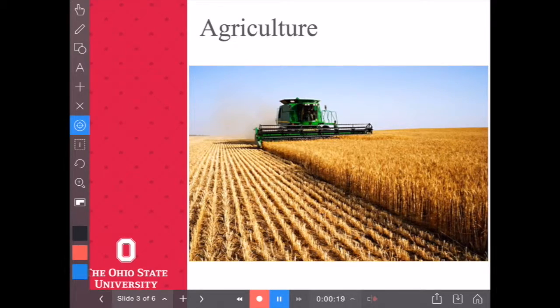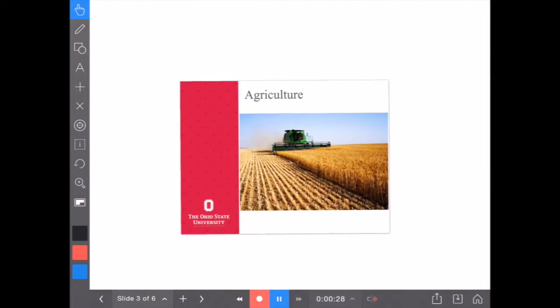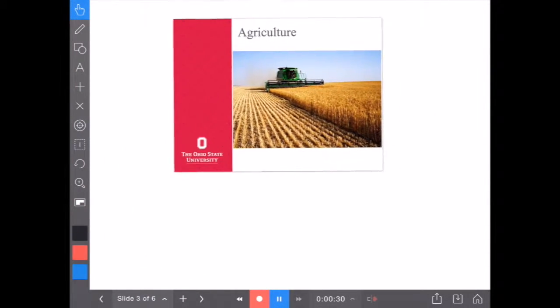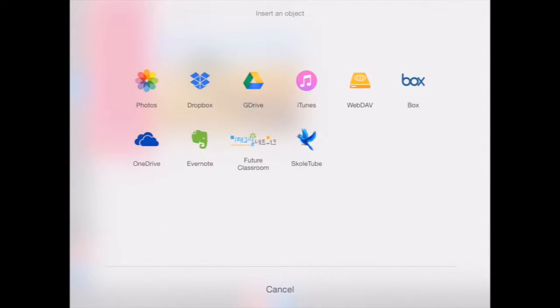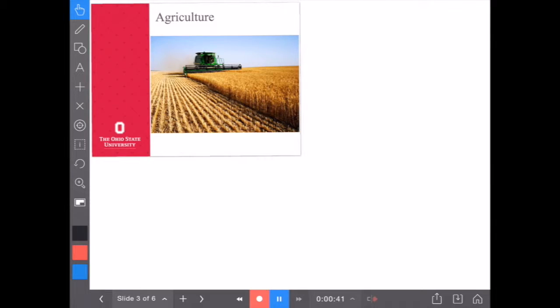What's also nice is that Explain Everything presents its content in an infinite canvas. So I'm going to select the hand tool at the top and squeeze my fingers together, and I can place it wherever I want. So that way, if I want to add additional notes, or even maybe another photo or a slide or something like that, I could do so using one of these different areas.